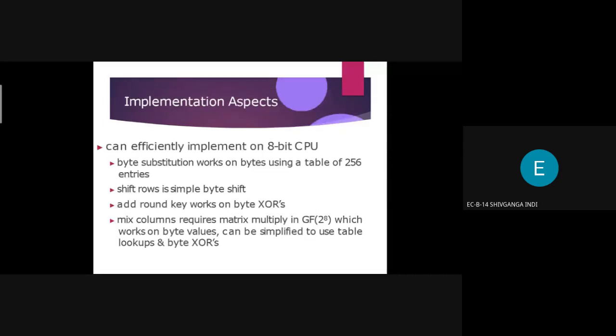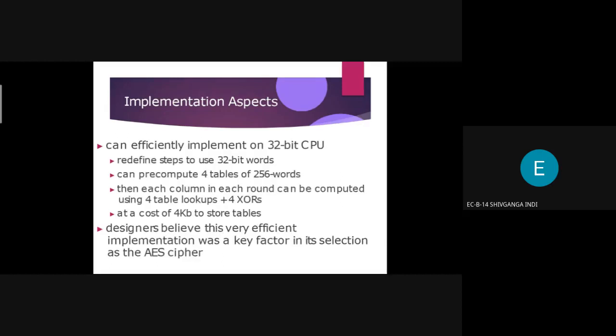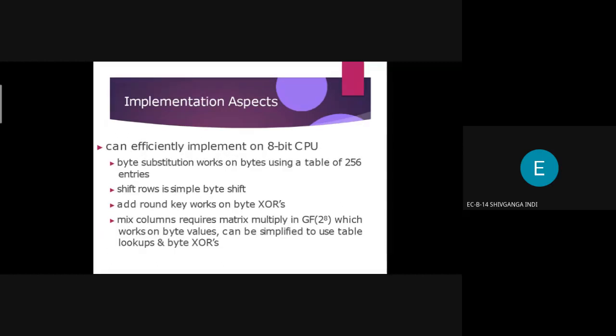Okay, so the AES algorithm can be implemented on an 8-bit CPU as well as 32-bit CPUs. How can we implement it? In order to implement the AES algorithm, again we have to use the four states. We have to use the particular specification for the implementation of the AES algorithm. So when we implement AES on any CPU, we have to consider the four states.